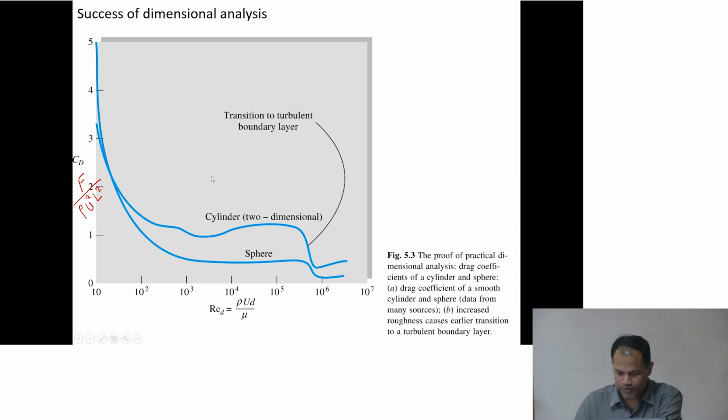Okay, so there are two things that you see. One is that of the sphere and one is that of a cylinder. Cylinder and sphere are two different objects, so the curves would be different, but you can see that it is giving you a nice plot. We still don't know how to calculate this theoretically. Okay, there is no way you can calculate it except in some limits. But this is a very important curve, and you can see that as you change the object, you are going to get different curves like this. So this is a way of representing it.